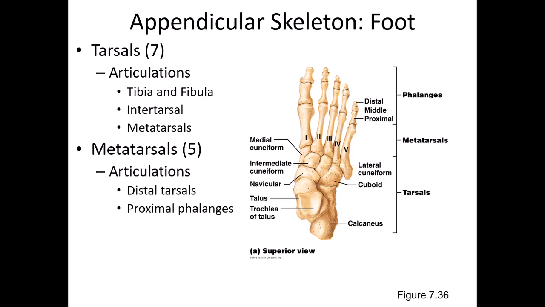But the tarsals make up a good half of the size of your foot, whereas the carpals were a very small portion of the size of the hand. So your 7 tarsals make up the posterior half of your foot. They articulate at intertarsal joints, which are synovial plane joints, and they actually move around quite a bit in that nonlinear gliding sort of way. They do create the inversion and